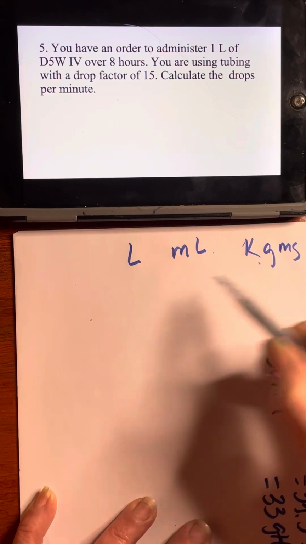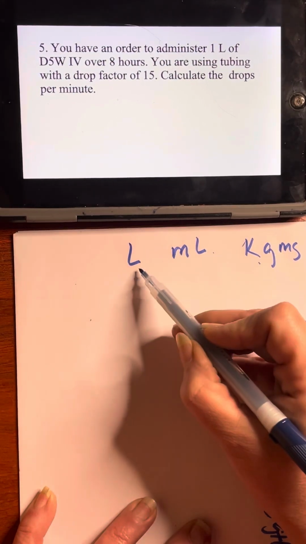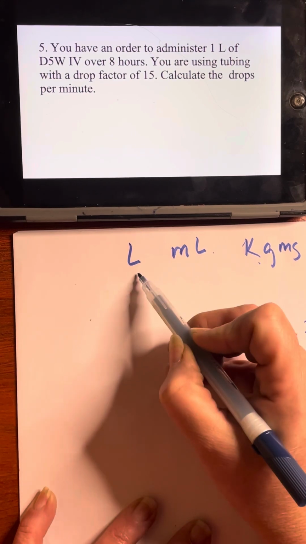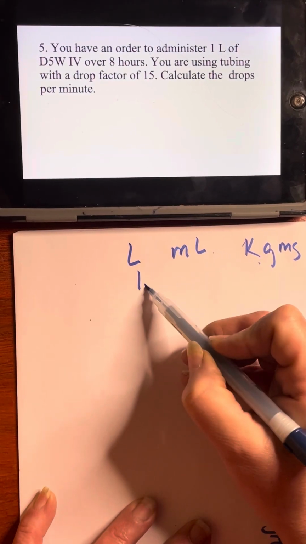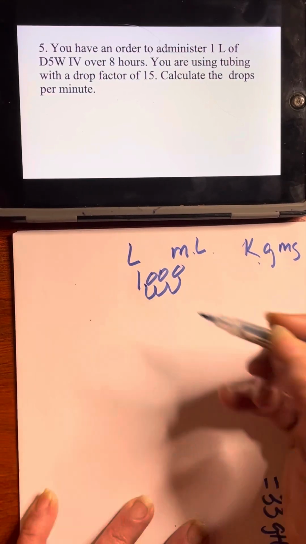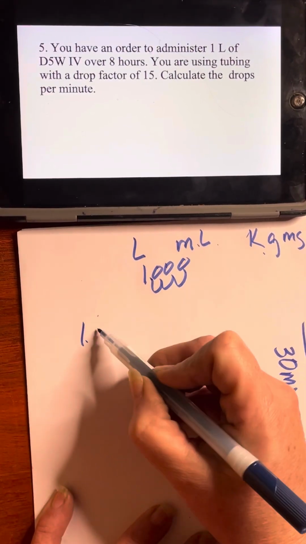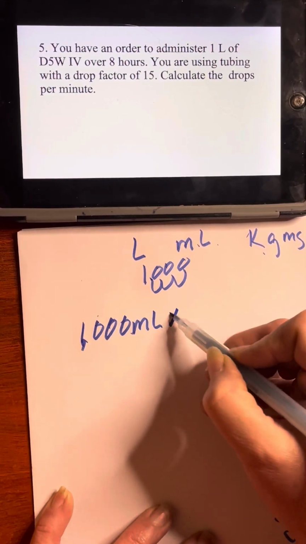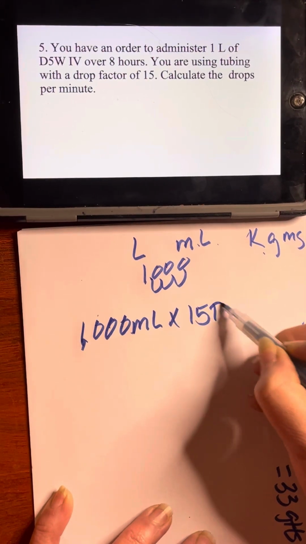And when we move the decimal, we still move it 3 places to get to milliliter. So 1 liter would be 1,000 milliliters. That's how my brain works. 1,000 milliliters times a 15 drop factor